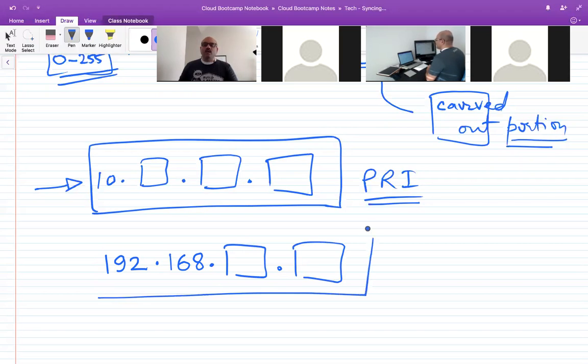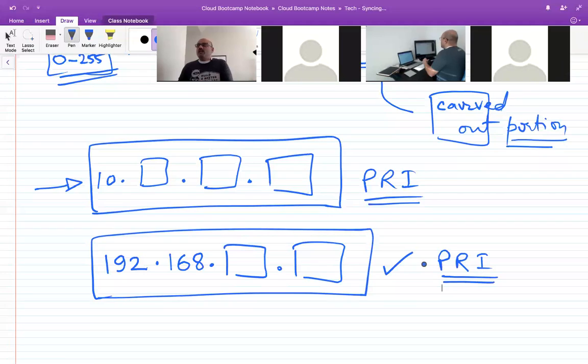Most homes will have a router with an address space in this range, private address space. That's a commonly deployed scenario where most routers select a subset of this to be the private segment of the network that people will have in their homes and small offices. The limit here is 64K